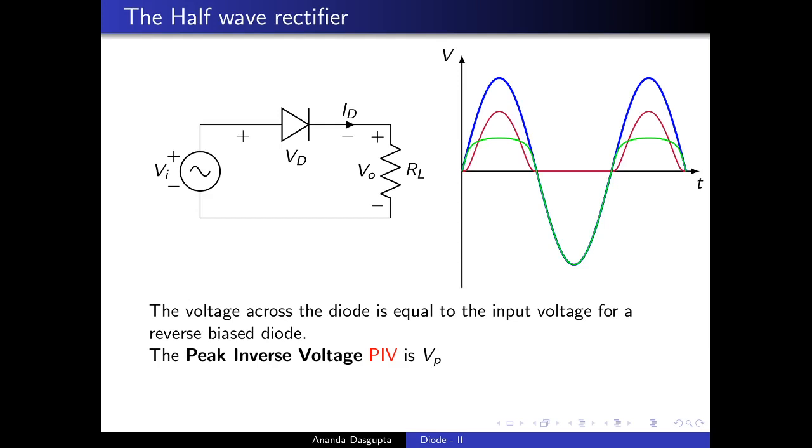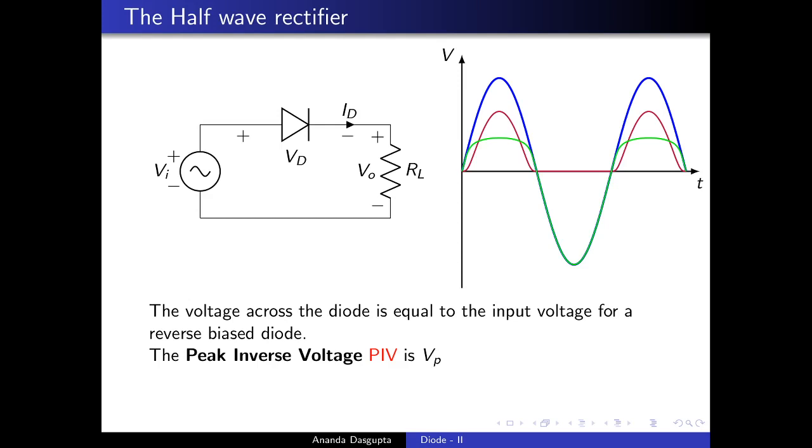for your diode. So if a diode has a breakdown voltage or peak inverse voltage rating of say 150 volts, you had better make sure that the input sinusoid that you are applying across it in this rectifier circuit has an amplitude which is smaller than 150 volts. Otherwise, your circuit will simply break down. Okay, so the peak inverse voltage is a concept that has to be kept in mind when you're designing a